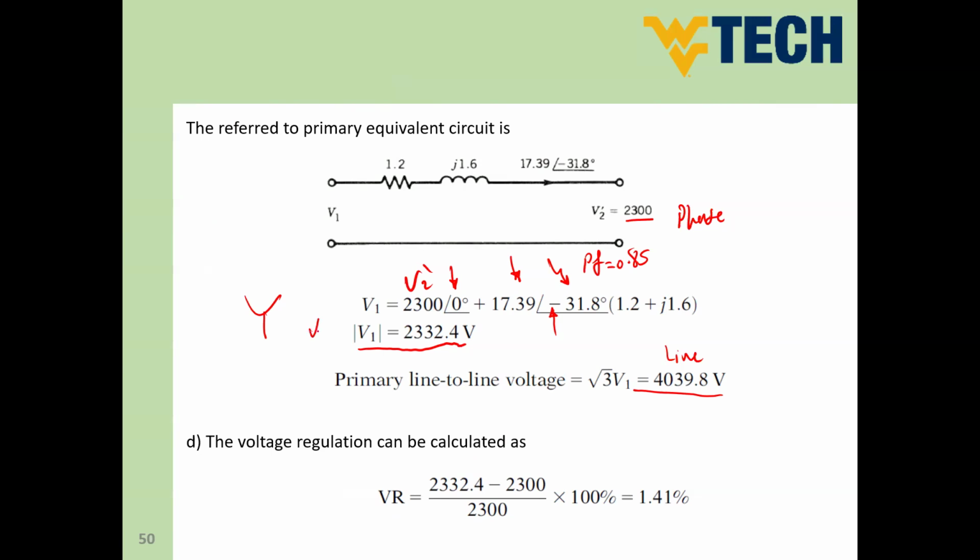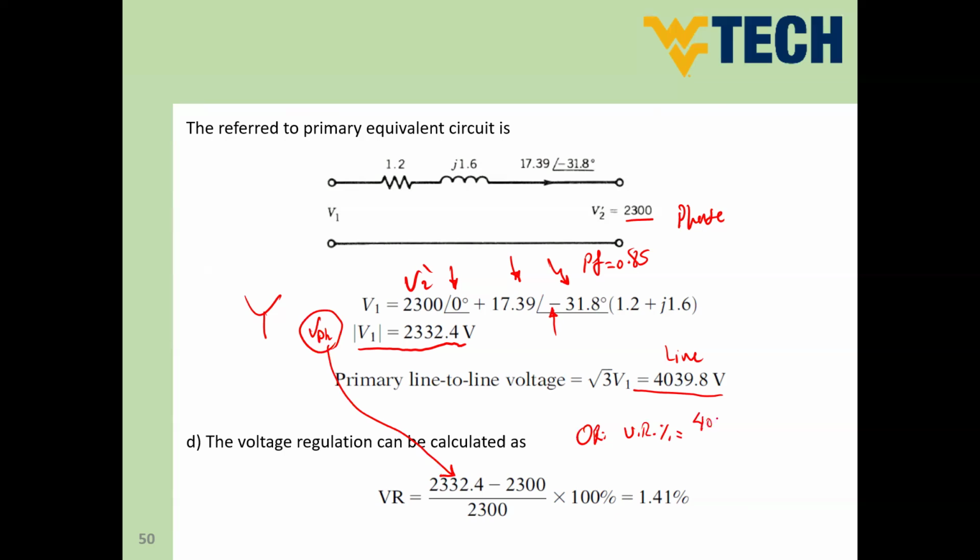I'm going to say this is V phase. So we use the V phase value here, minus the phase value of the transformer V2 prime, divided by the phase value of V2 prime, and we get the volt regulation. Or you can say volt regulation percent equals, in terms of line value,